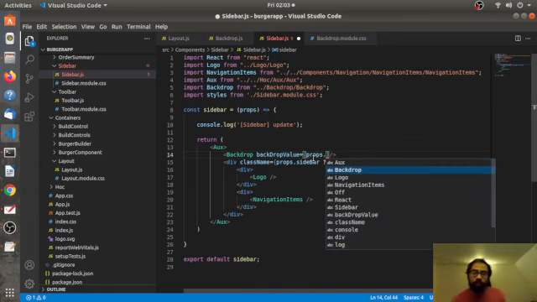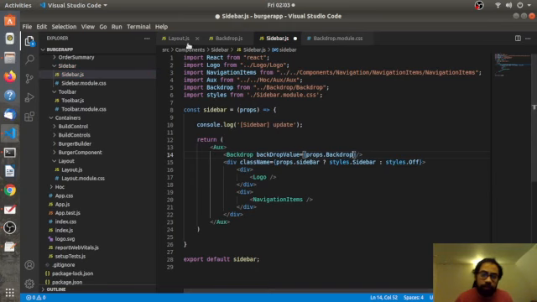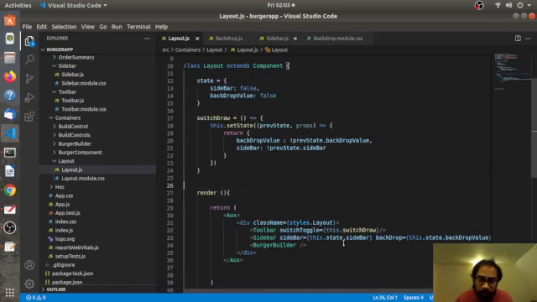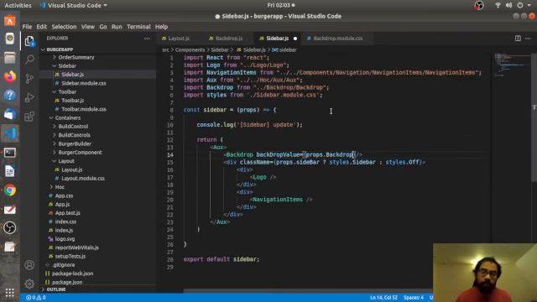I believe it is lowercase, but yes, it's camel case: back and then drop. So I'm passing the value from the state through the sidebar to the